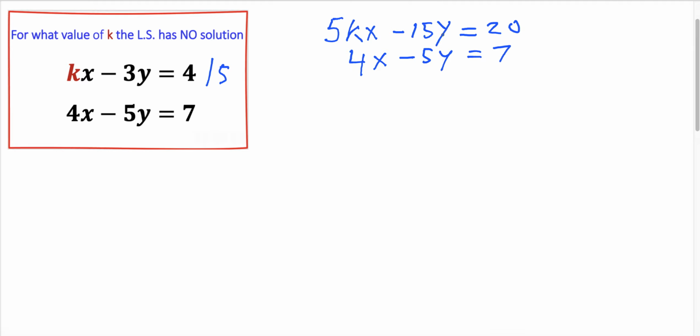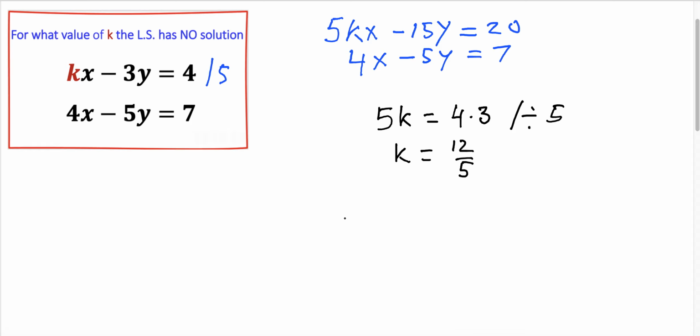As we see, the second term here is a multiple of the other by the scaling factor 3. The same thing, I'm going to make this 5k a multiple with scaling factor 3 of the first term, the 4 here. And to make this one a multiple, I'm going to multiply this one by 3. So it's going to be 4 times 3, with the scaling factor 3k. And I'm going to divide the whole equation by 5. If I divide the whole equation by 5, k is going to be equal to 4 times 3, which is 12, divided